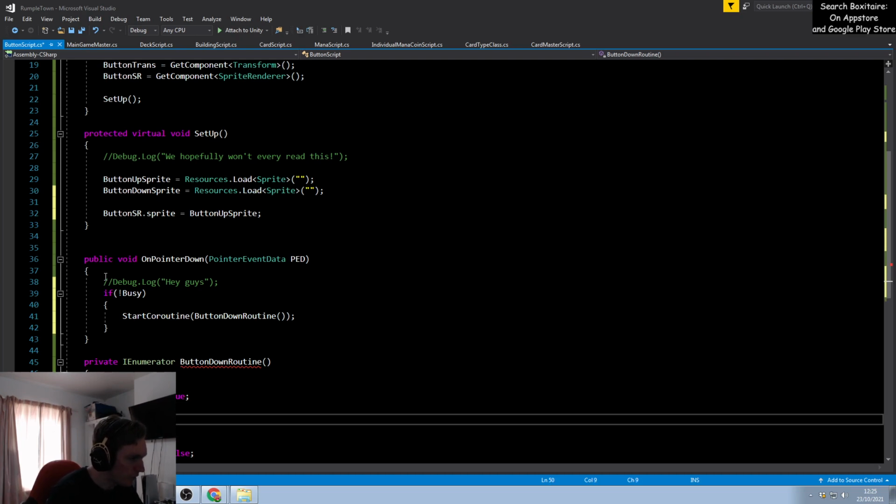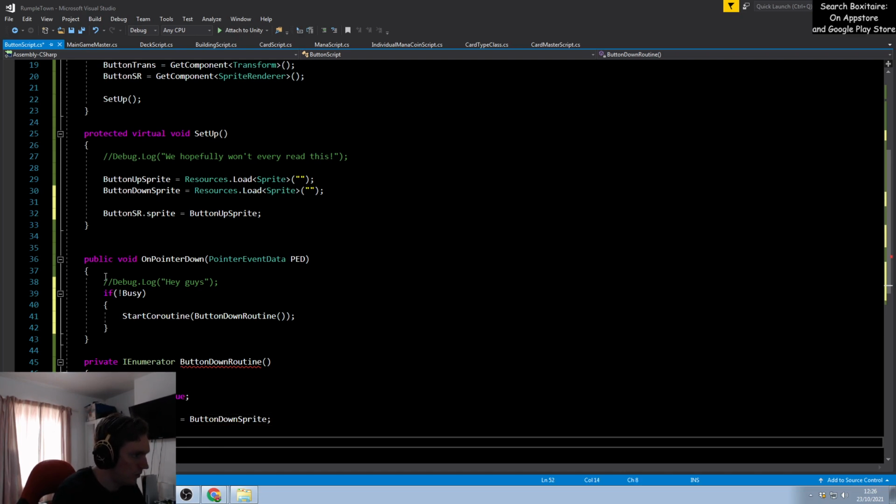Right, and then we want to have all the fun stuff in the middle, right? So button sr dot sprite equals button down sprite,